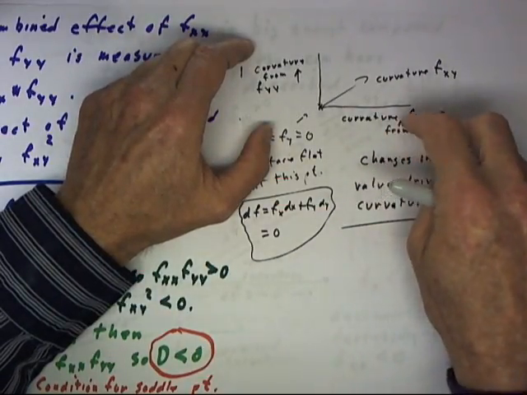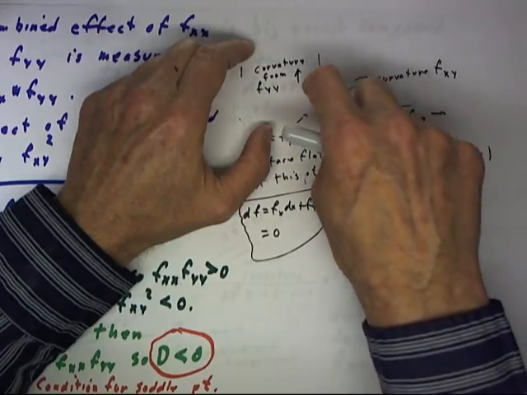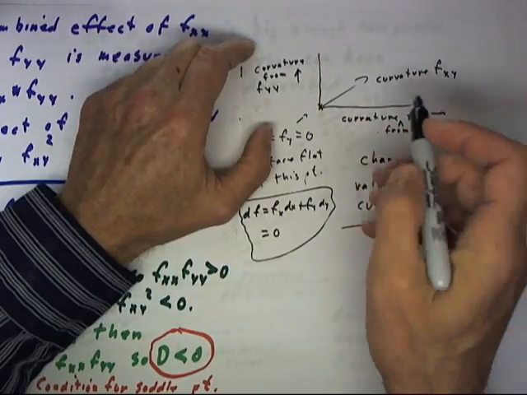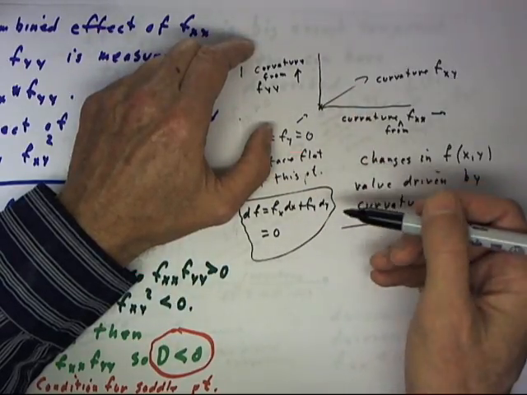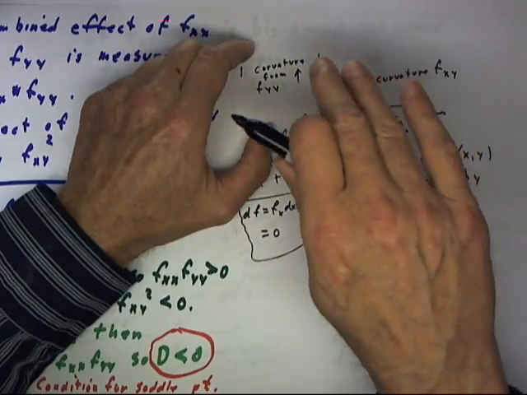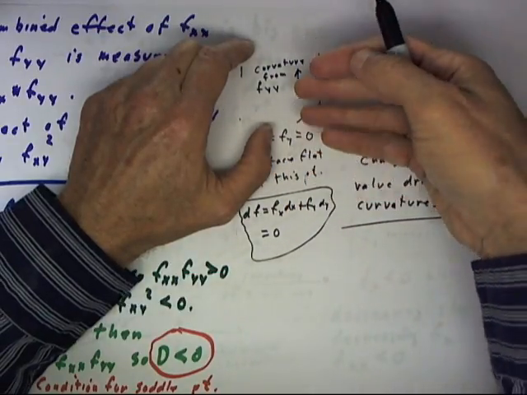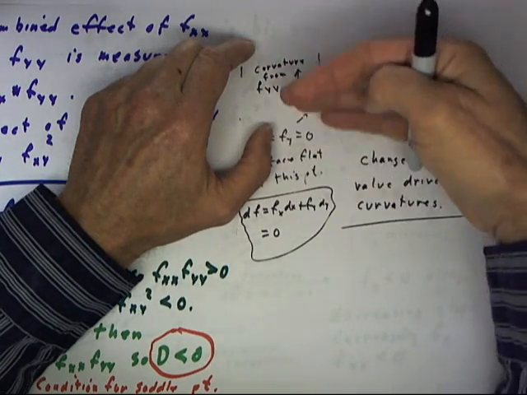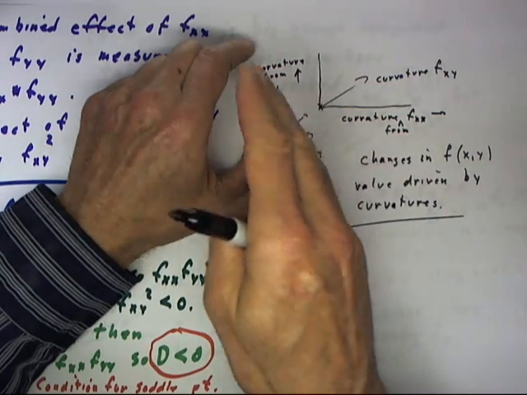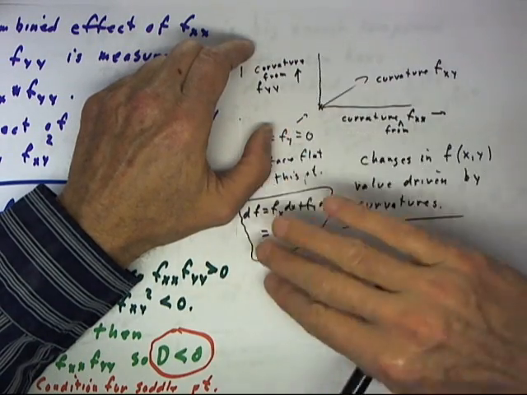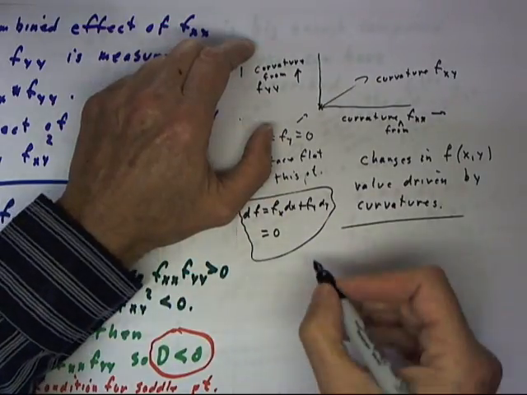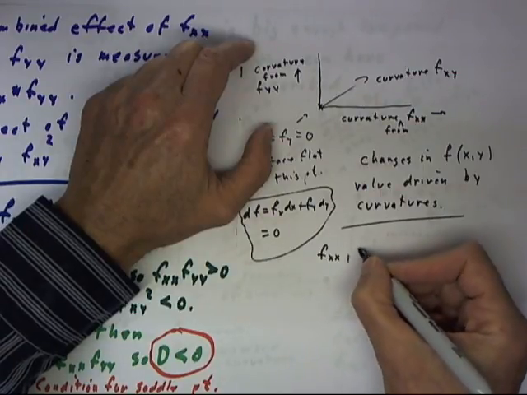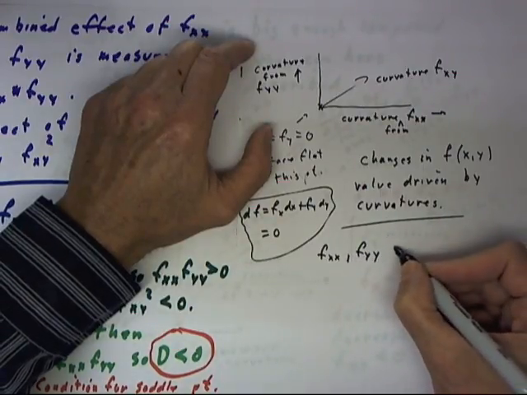Now, the combined effect of the fxx and fyy curvatures is fxx times fyy. If fxx has the sign opposite fyy, that means that the curvature in this direction is different than the curvature in this direction, either curving down as we move in the x direction and up as we move in the y direction, or vice versa, up as we move in the x direction and down as we move in the y direction. So I'm going to say that if fxx and fyy have different signs,